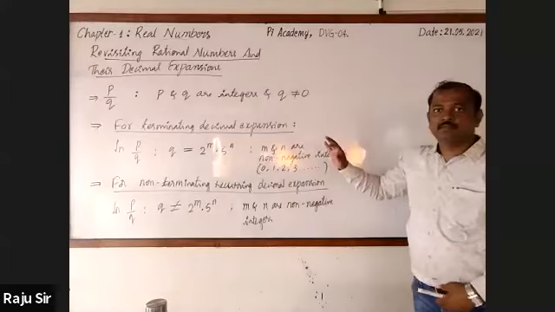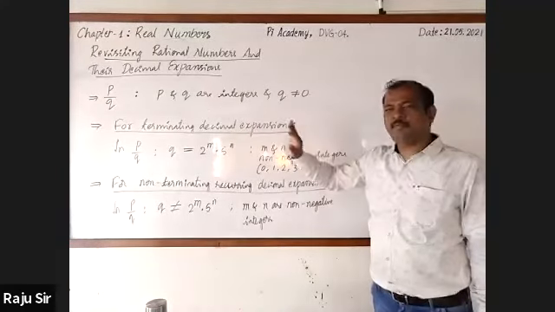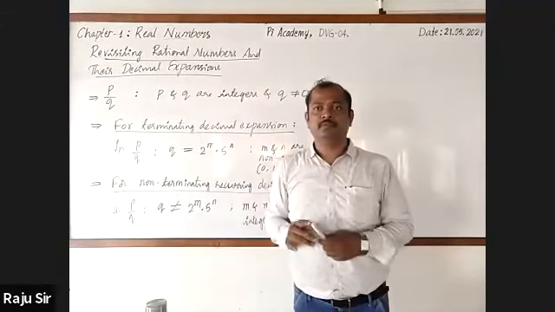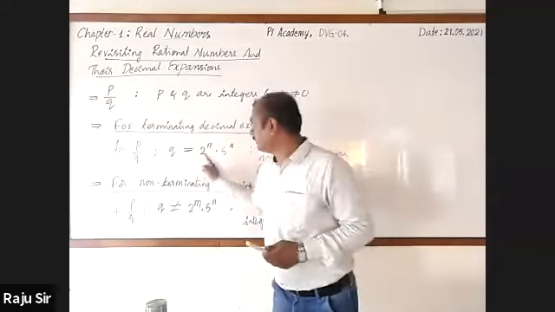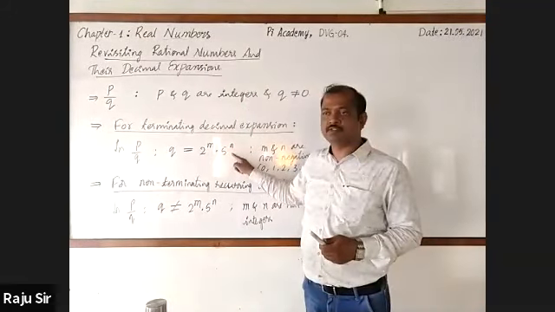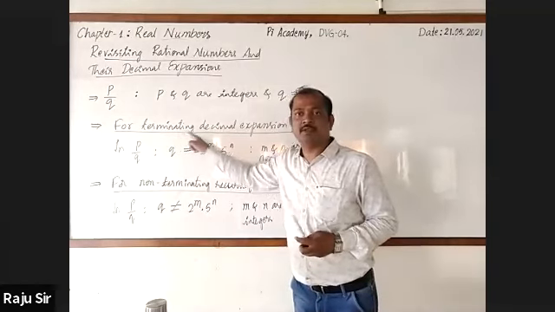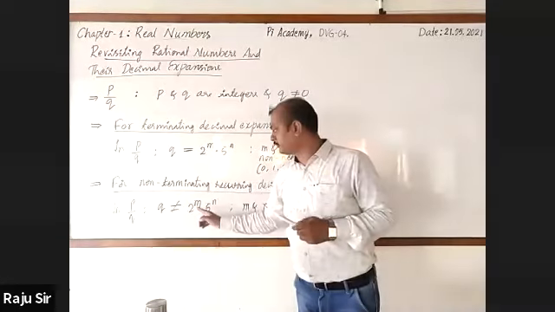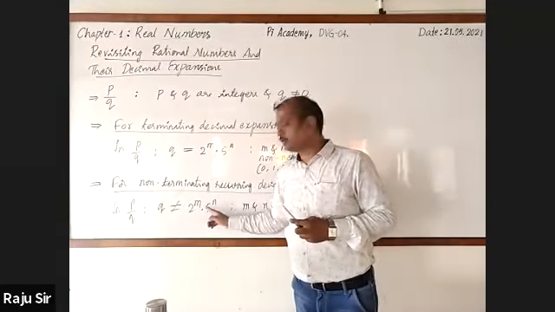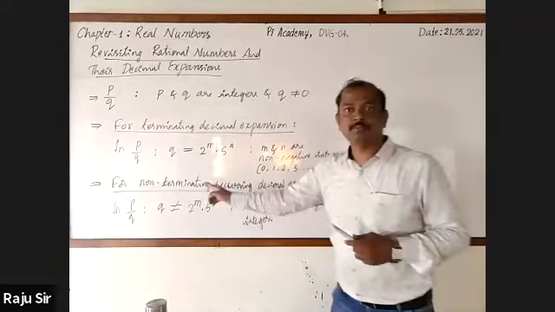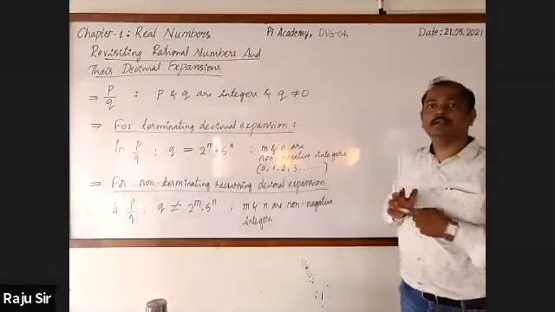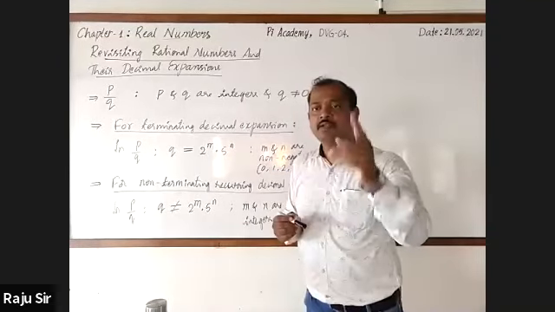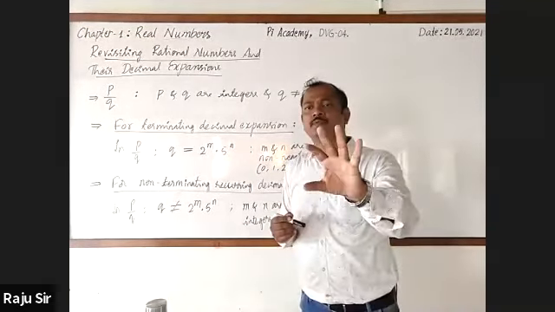Dear students, once I make you recall, very simple. A rational number will be in the form p by q. If q is in the form 2 raised to the power m into 5 raised to the power n, its decimal expansion will be terminating. If q is not in the form 2 raised to the power m into 5 raised to the power n, then its decimal expansion will be non-terminating recurring. Just please stop writing. Listen to me carefully. I'll ask you a few oral questions.